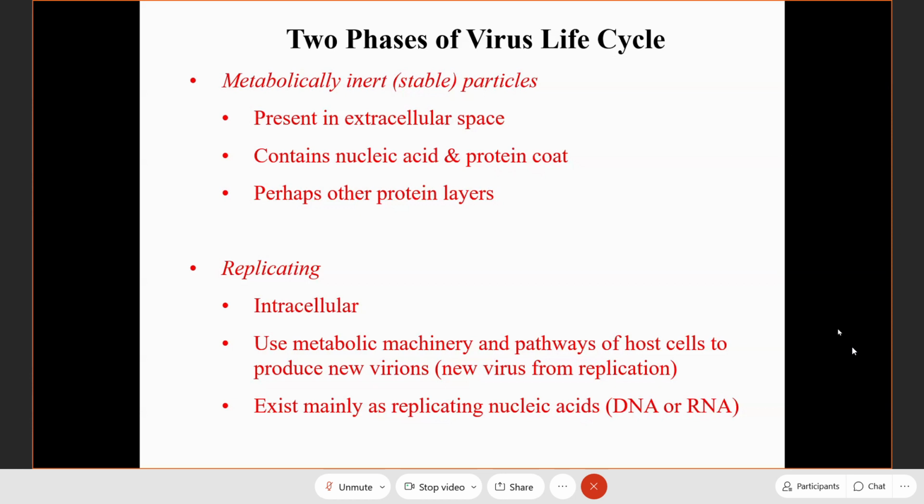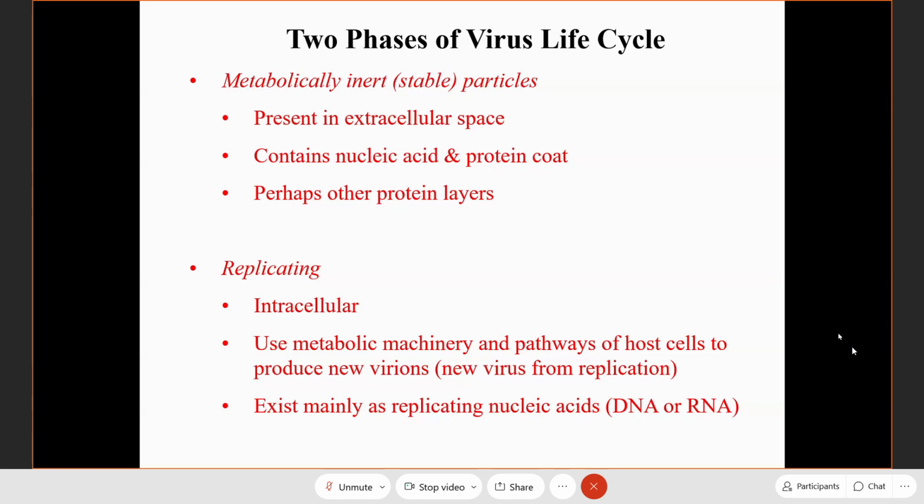Then they enter inside. If they have a capsid, it will be removed, and then you have nucleic acid. So inside the cytoplasm, what you get is only the nucleic acid. That is the second step. We call it uncoating. That's the terminology, uncoating. You learn that in that lecture. Don't worry. Uncoating means that the capsid will be removed from the virus particle to release the DNA or RNA. So the next step is actually you have two pathways.